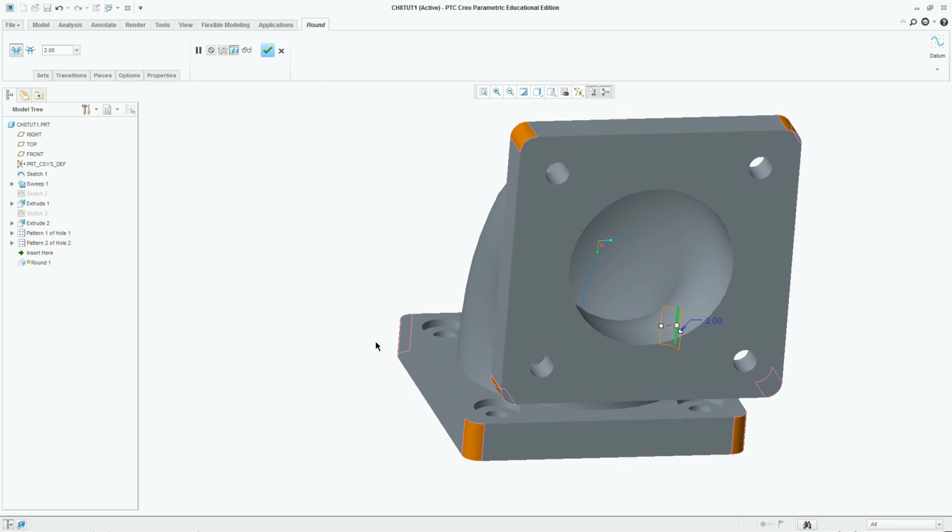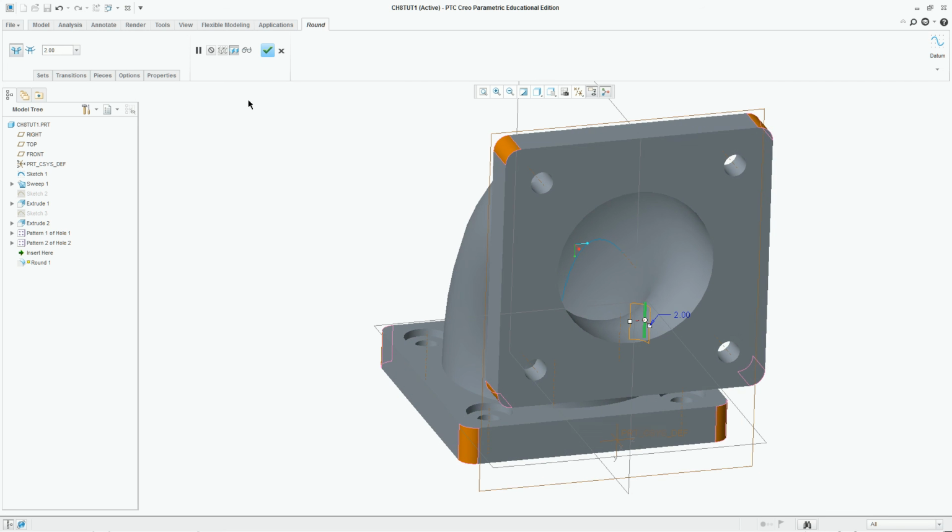And that completes tutorial 1 in chapter 8. After I hit this